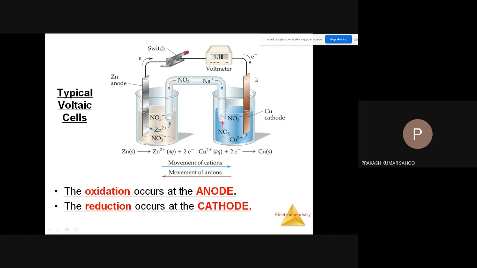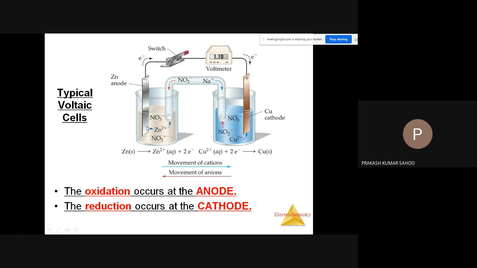which may hinder the flow of electron to this part. So the sodium Na plus ion from this salt bridge interacts with this nitrate ion and neutralizes it. And in turn, in the left side, what happened,